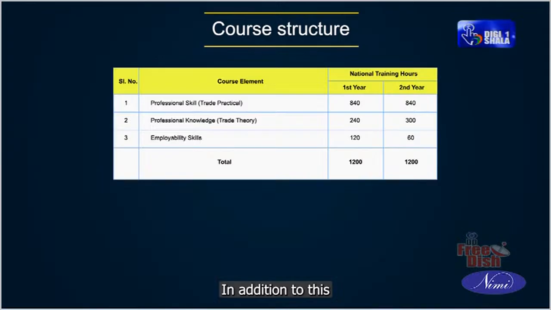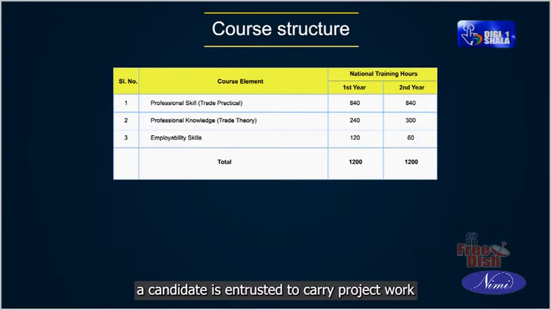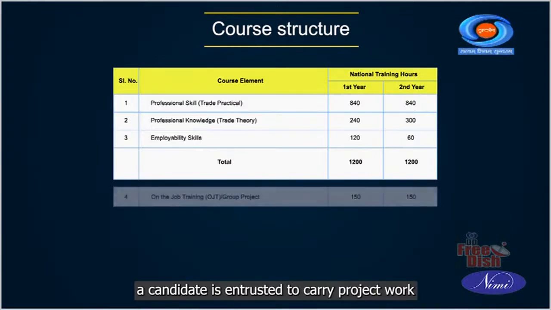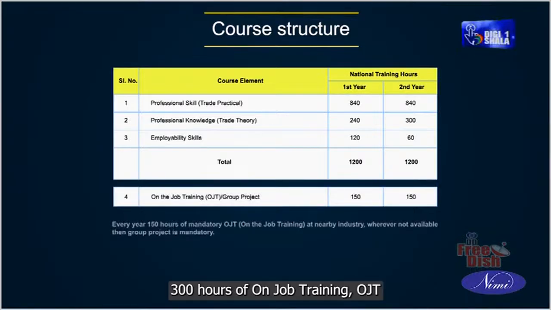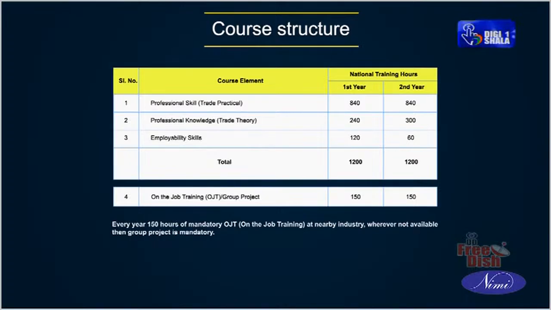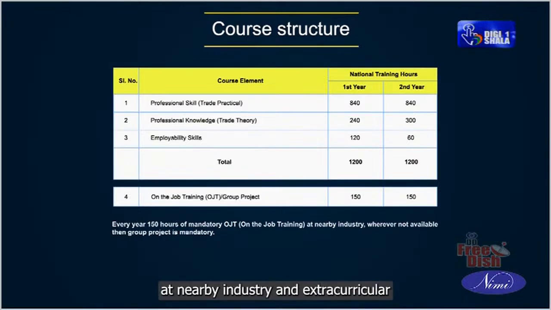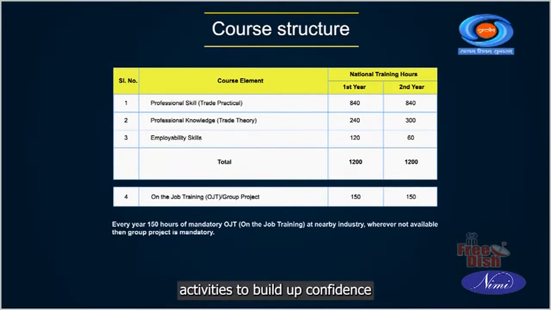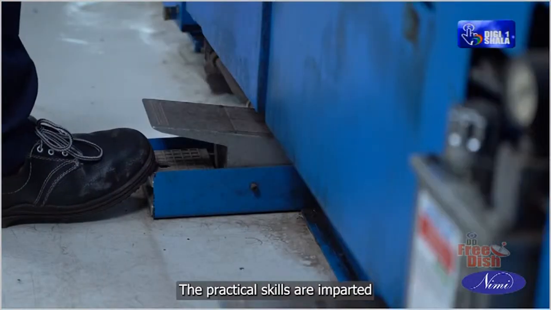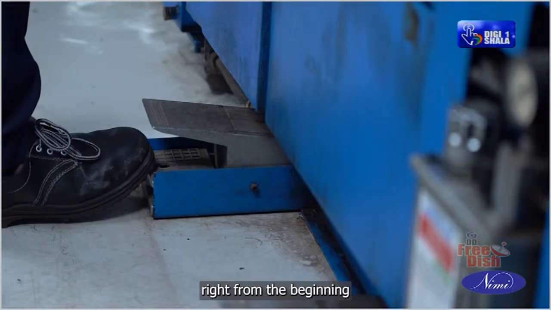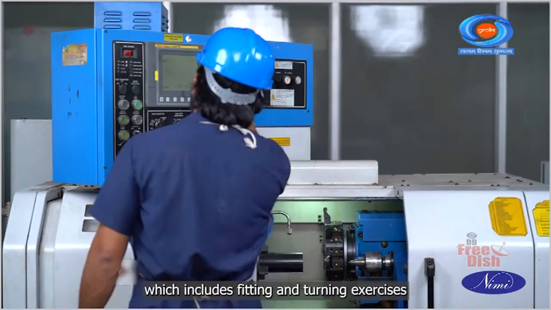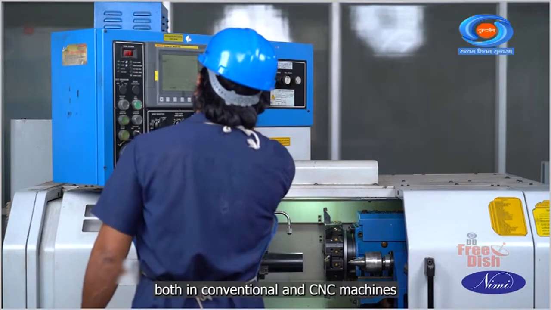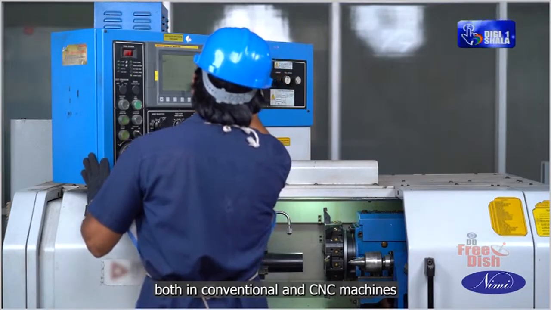In addition to this, a candidate is entrusted to carry project work or 300 hours of on-job training (OJT) at nearby industry and extracurricular activities to build up confidence. The practical skills are imparted right from the beginning, which includes fitting and turning exercises both in conventional and CNC